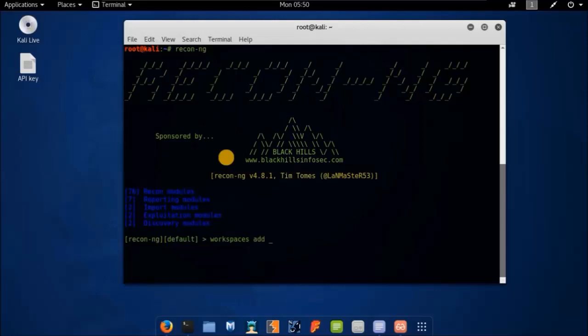and type add and the name of the company that you want to generate with the name. So in my case, I will just generate my org. In order to add a domain name, you just type add domains, and the domain name that I am going to use this time in this reconnaissance will be facebook.com,